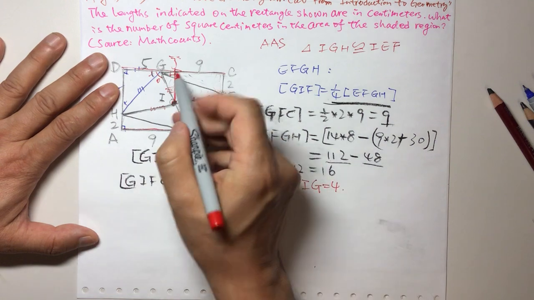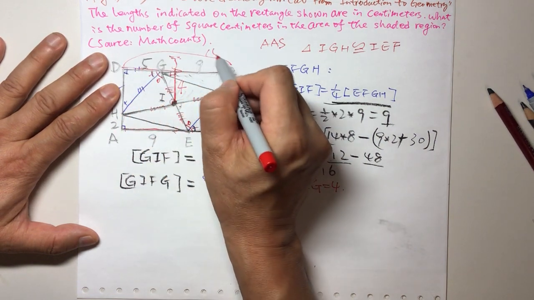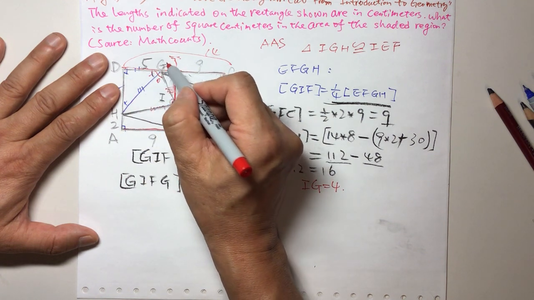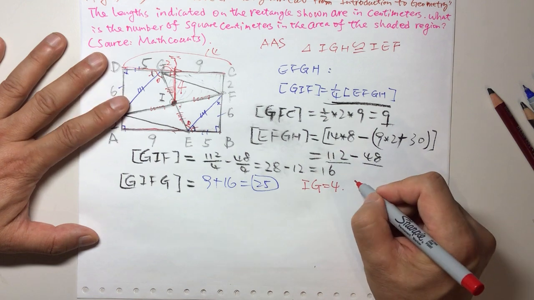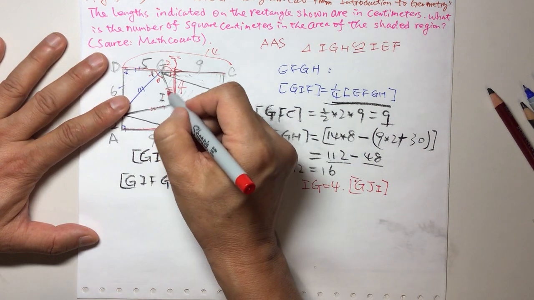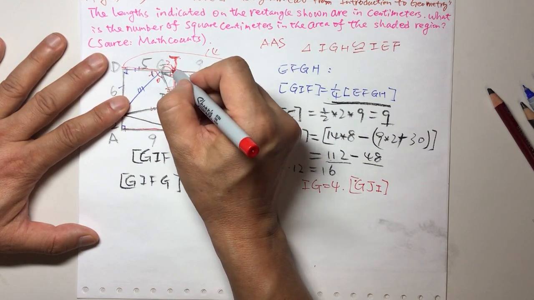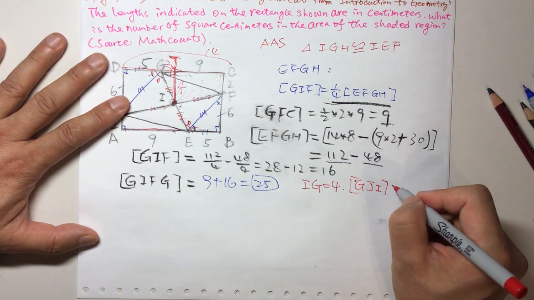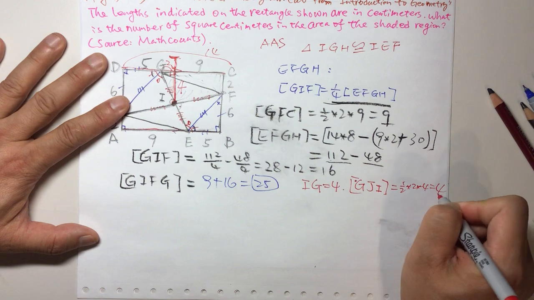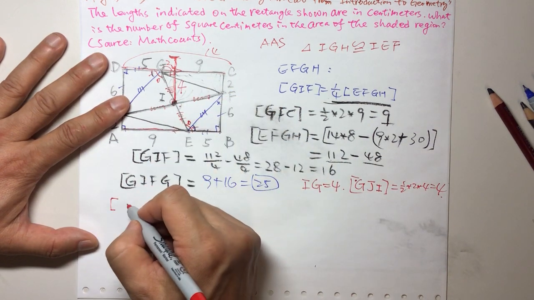Equals 4. And GJ, because the total is 14, and this is 5. Here is 1/2 of that, so this is 2. So the area of GJI, this part, is 1/2 times 2 times 4, that's 4, right? And the area for this trapezoid